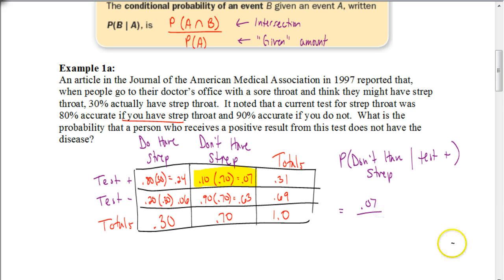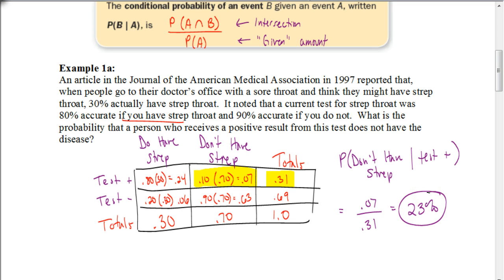Over the given amount. The given amount is that they test positive, and that is going to be the total of 0.31. So they test positive 31% of the time, so that's what goes in the denominator, 0.31. If you divide that out, 0.07 divided by 0.31 gives you